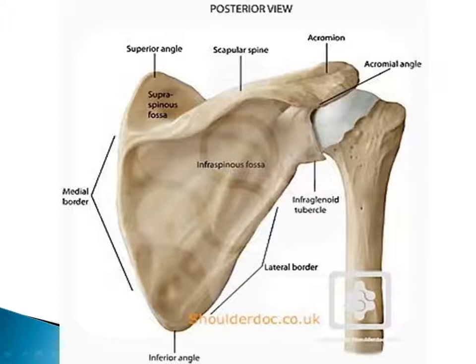In this figure, you can clearly see the three angles. This is a posterior view of the scapula. This is superior angle, which is towards the medial side, inferior angle, and a lateral angle. The lateral angle, also called as acromial angle. The lateral angle bears a cavity which is called as glenoid cavity. It articulates with the head of the humerus to form the joint. Just below the glenoid cavity, you can clearly see a tubercle, a small elevation called as infraglenoid tubercle.